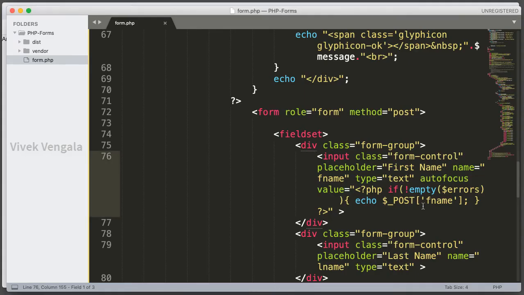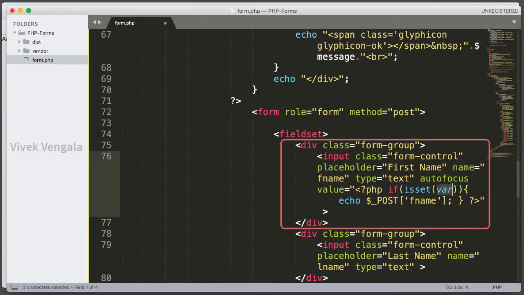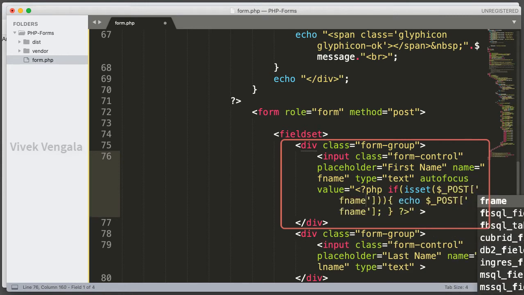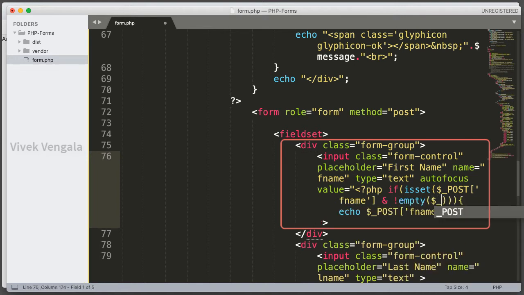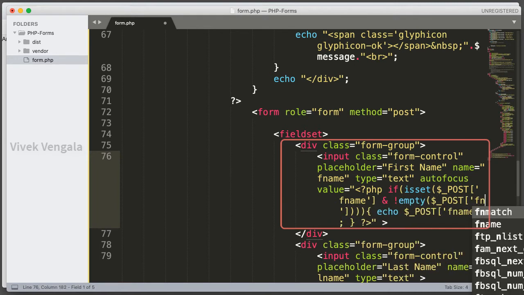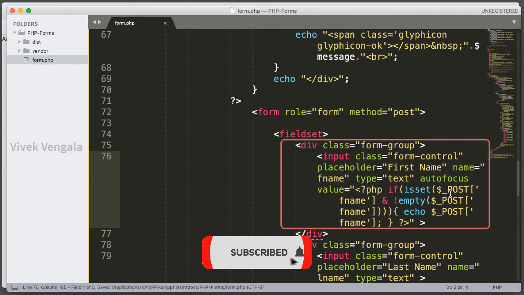And there is another condition. If isset $_POST fname and not empty $_POST fname. If I use this condition, whether there are errors or no errors, it doesn't matter.